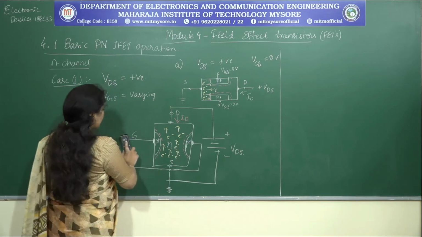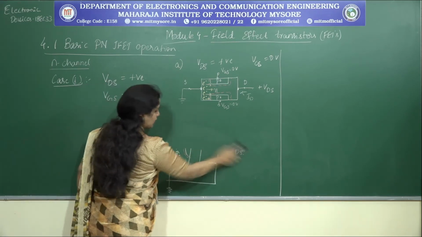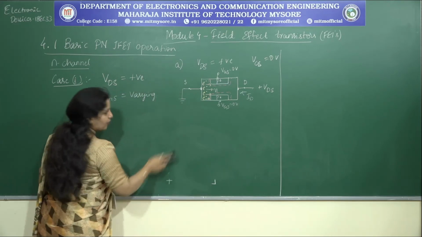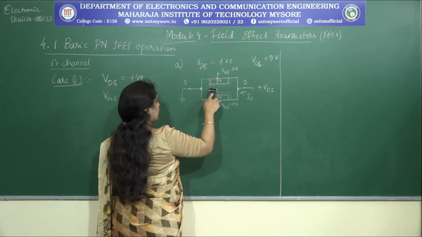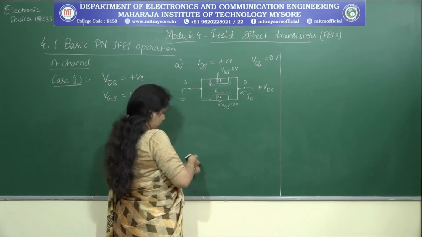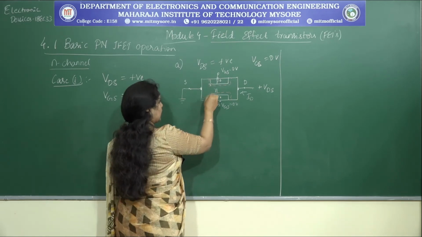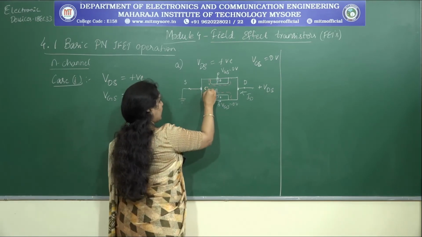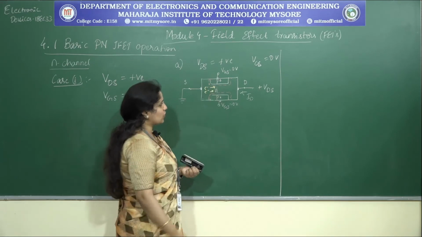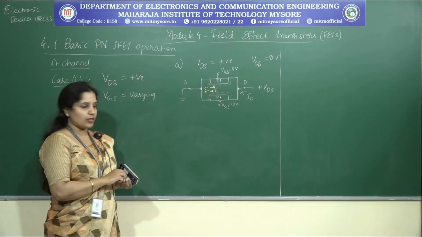Now when I try to represent this characteristics, this is the diagram that I have tilted here and represented. That's it, so there is nothing to worry about. I'll just represent the depletion regions. After that, the electrons are getting drifted in this direction, and that's what I'm trying to represent.